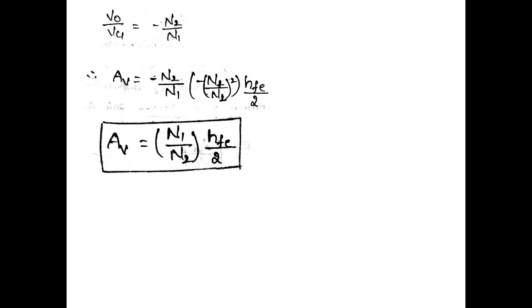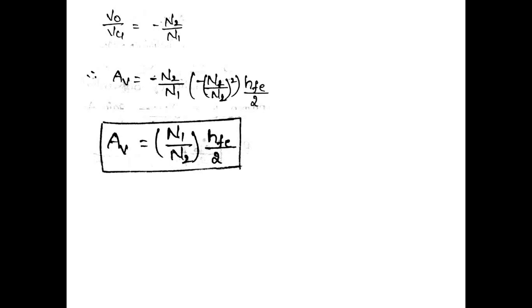We already know the basic rule in case of a common emitter configuration. This common emitter configuration has a high voltage gain and high current gain, but in case of a transformer coupled amplifier, both the current gain and voltage gain are approximately the same, and at the same time their gains depend upon the HFE as well as the turns in the primary and the secondary of the transformer. This is the analysis for the transformer coupled amplifier in the mid frequencies.